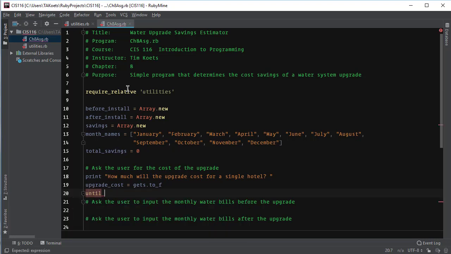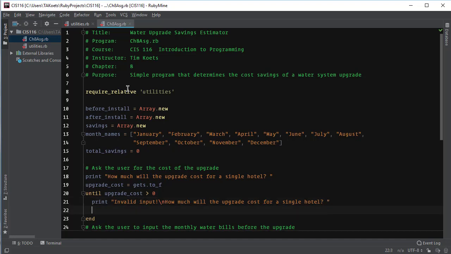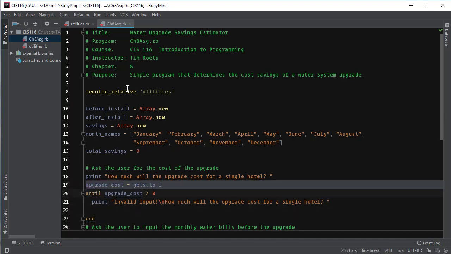Now I'm going to make a validation loop here. The upgrade cost needs to be greater than 0. So until it's greater than 0, meaning if it's not, we're going to loop until it is. So if it's not, I'm going to print out invalid input, carriage return, and I'm going to ask the question again. And get the data again as well. So take this line of code here,